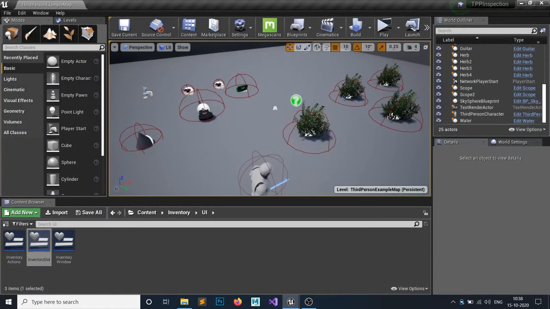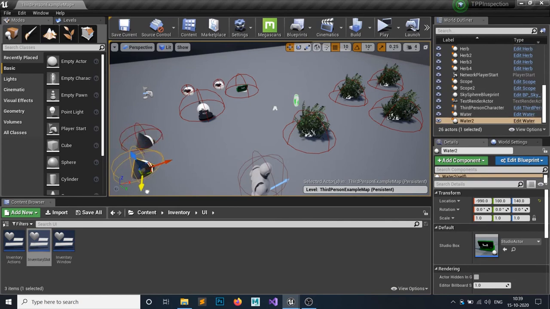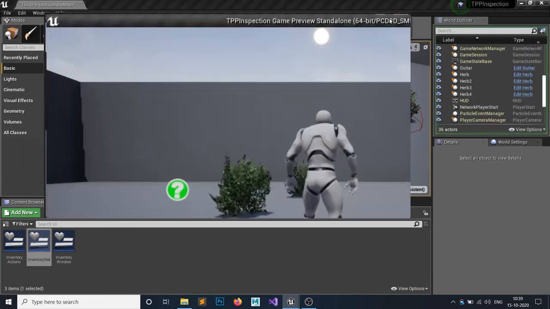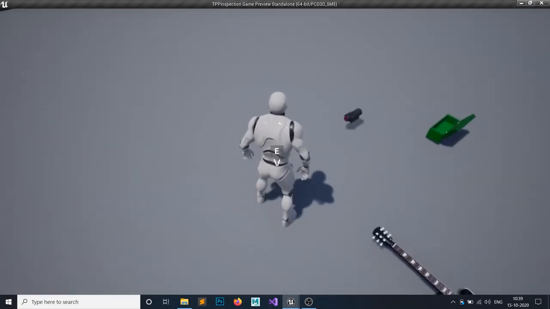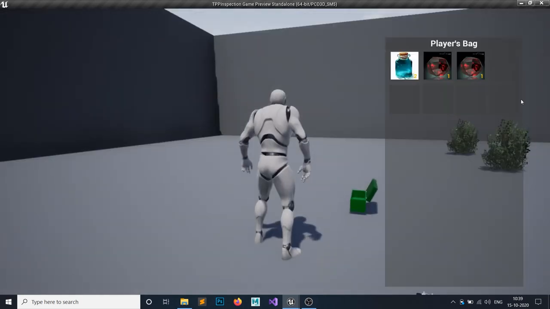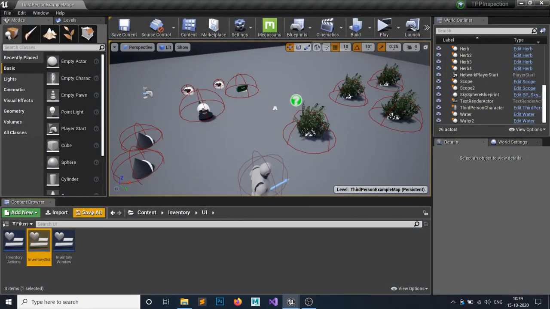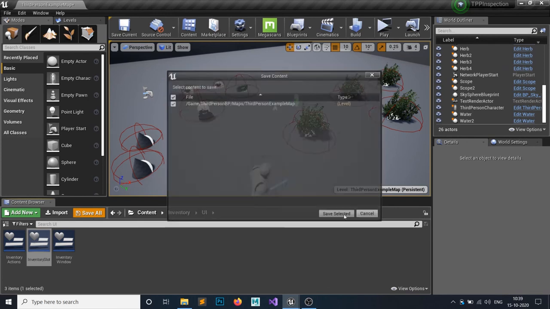Let's check for two waters. So let's make two water. So we have one water, and so we have two water, one scope, two scope, but on two slots. So if you click and hit combine, and if you click on this, there is one water, one herb, and one scope. So yeah, it's all working fine. Hopefully it's working fine now.